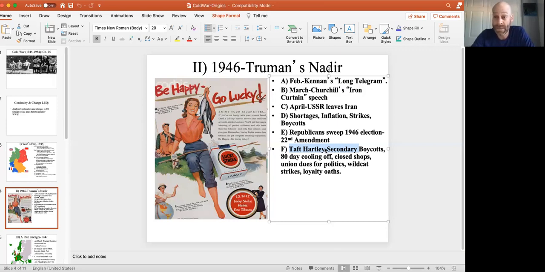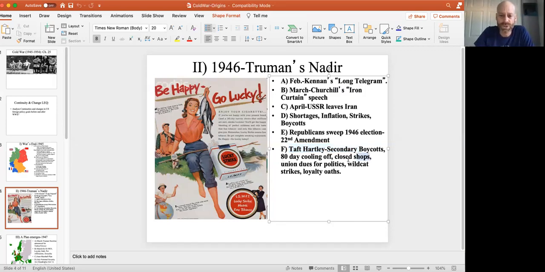Now, it's amazing to me that you can outlaw a boycott, which is freedom of speech and freedom of association, but it was ruled by antitrust laws to be an infringement on free trade. And so Congress could regulate it, and Congress came in and said, nope, no secondary boycotts, illegal. You couldn't strike or you couldn't seize a factory until there was an 80-day cooling off period.